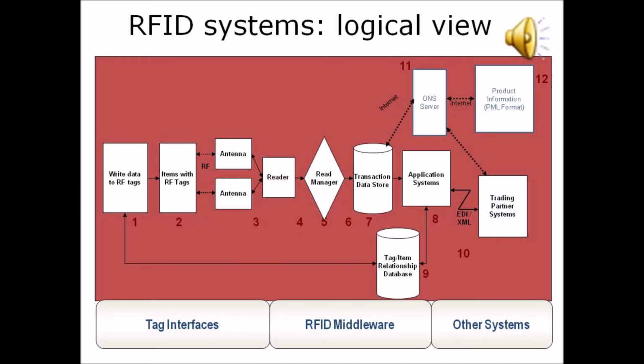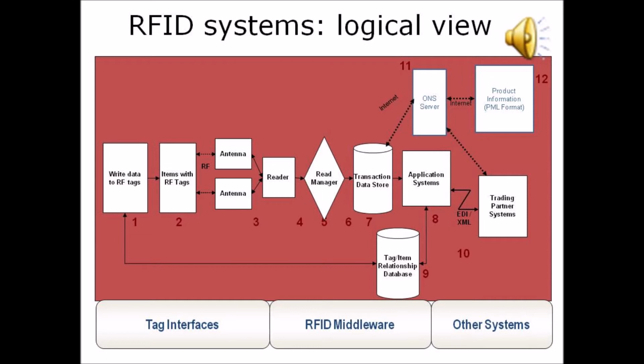This is a detailed slide, which we can call a logical view. As we were discussing in the previous slide, it was a simple block diagram, and this slide explains a little more in detail. The first thing is you have to create the tag. So you write the needed details. For example, your identification card will have details about your name, registration number, your address, and all that. But when it comes to a book, the details about the book. According to the application, it will be stored, and then in step number 2 you stick this tag.